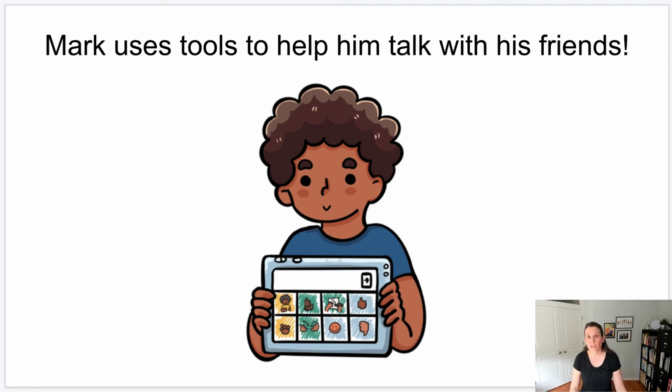Now, if you had an individual who was using a light text system or a system that didn't have voice output, they might need a little more prompts for this, right? Because if they're using like some kind of core board or a picture exchange, you'll be like, I don't know, what does that help them do? And then you'll have to go through, well, let's think, these are words. What do we use words for? Oh, we use words for talking or writing or things like that, right? So I prime them with all these examples of other things that they're more familiar with and then get to the fact that this is a tool and tools are important and tools can help us to live better lives.